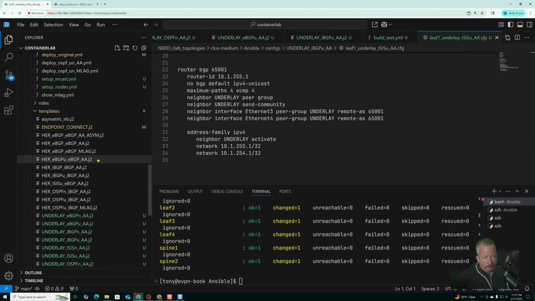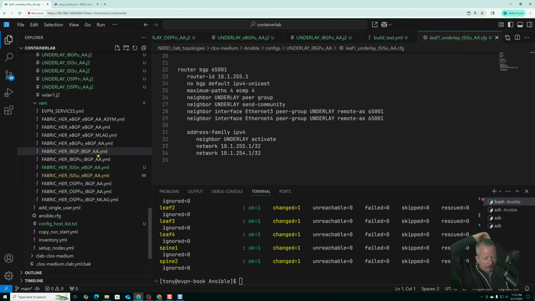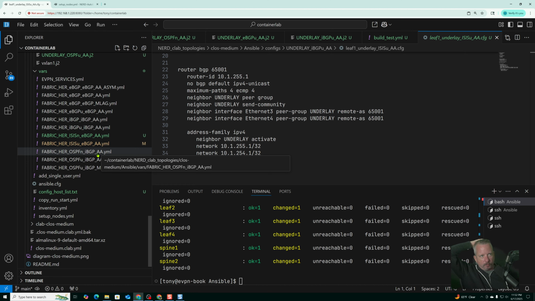At another point, I will go in and start doing the overlay. Mostly that'll be EBGP, but sometimes it'll be IBGP too. Actually, only one case, for OSPF. But we're making it modular so I could mix and match. But the underlays are done except for the MLAG stuff. Because with the MLAG stuff, I'll have to do all the underlays again, and then I'll have to peer them. Well, that'll be kind of annoying. But okay,